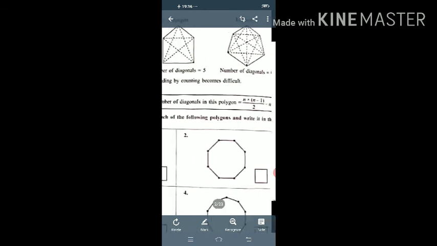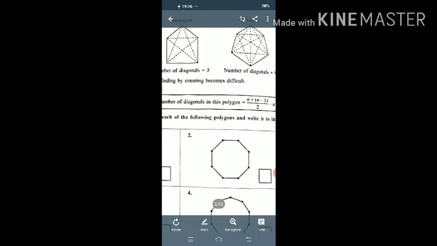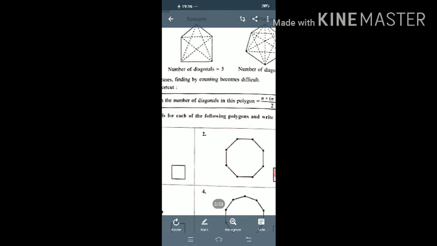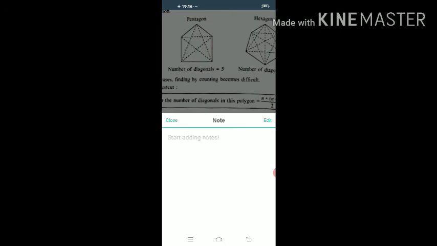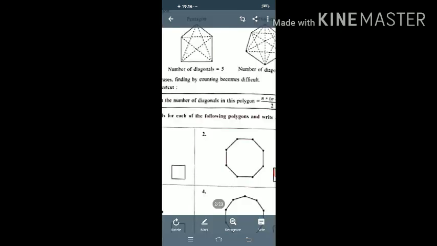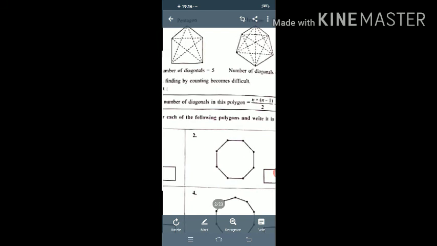So use the formula n into n minus 1 upon 2, minus n. Is that clear, students? Any doubt, students? No? Okay. Then we move to the next part,